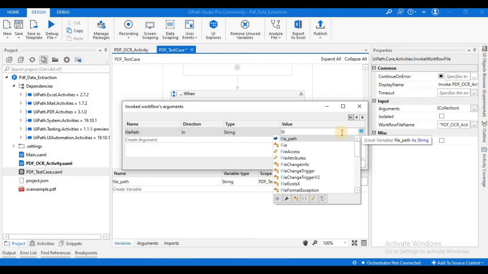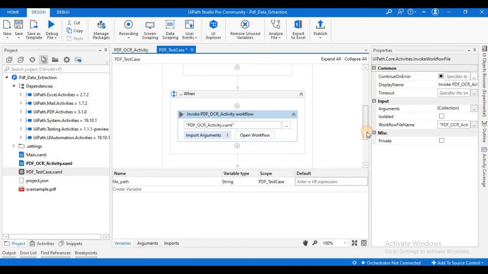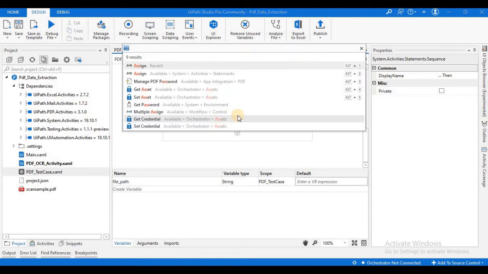Now we are coming to the third part. Here we have to give certain criteria, on the basis of which we can test our workflow. Okay, so here I will search for one activity, Verify Expression.